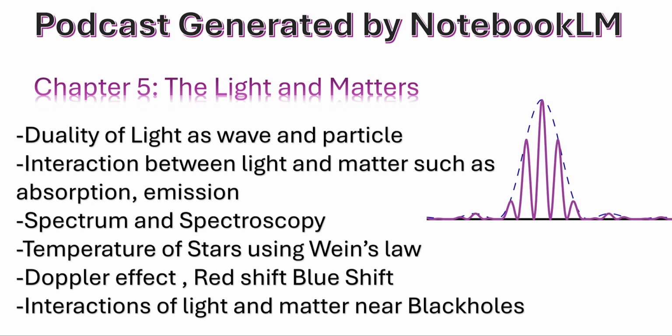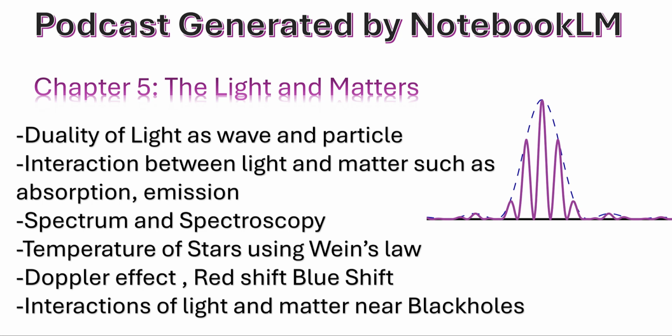to them. Wow. But you also mentioned motion. Can we really tell if a star is moving towards us or away from us just by its light? We can, and we do this using the Doppler effect. You know how a siren sounds higher pitched when it's coming towards you and lower pitched when it's going away? It's the same idea. With light, the Doppler effect causes a shift in the wavelength of light emitted by a moving object. So if a star is moving towards us, its light would be shifted towards the bluer end of the spectrum, and if it's moving away, it'd be shifted towards the red.